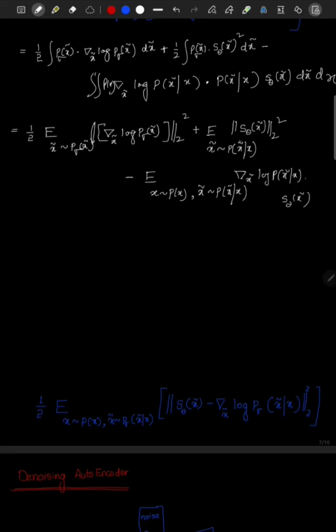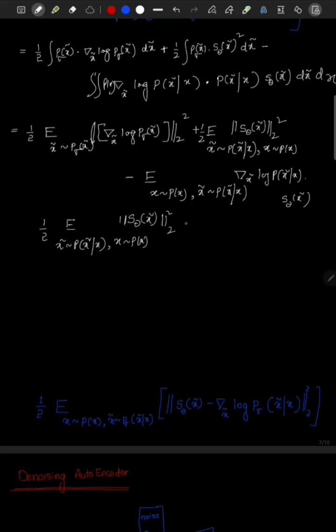Okay, so what we need to do here is add another term, x is sampled from p(x). There is no point, but somehow we need to merge these two terms, the second and third terms. So what will we get? Here it will be expectation, and half was there, right. So half of the expectation of x tilde sampled from p(x tilde | x), x is sampled from p(x), okay, s theta of x tilde,